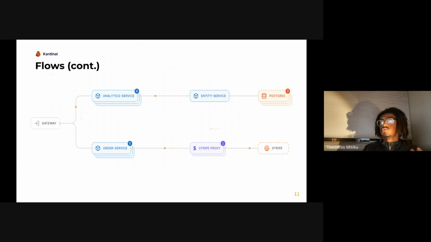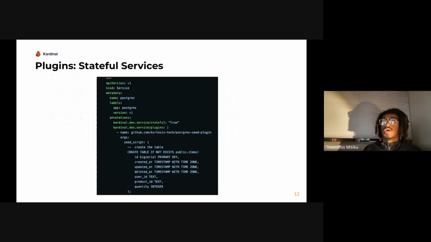So, okay, but then a huge question comes up, which is, great, this is awesome. I can reuse stateless services that can be reused, and then I'll duplicate the dev versions that can be duplicated for the different dev workflows that I'm on. And then I'll get some traffic routing going so that I'm making sure that traffic is flowing through the right different versions of the dev versions of stateless services. But how is it that we actually handle the really important question of state isolation and stateful services, and also external services, so services that are outside the cluster, like APIs and such? So that is handled by this ecosystem that we have with plugins.